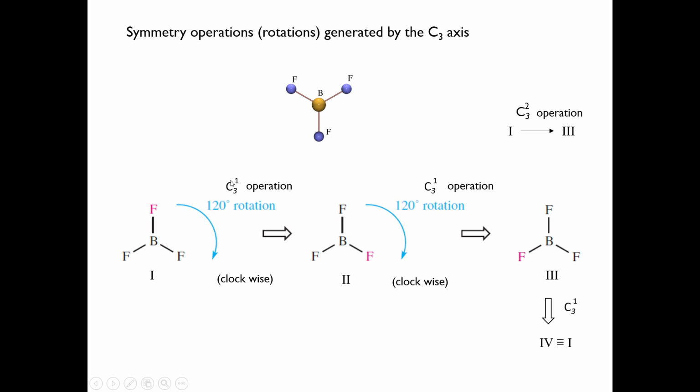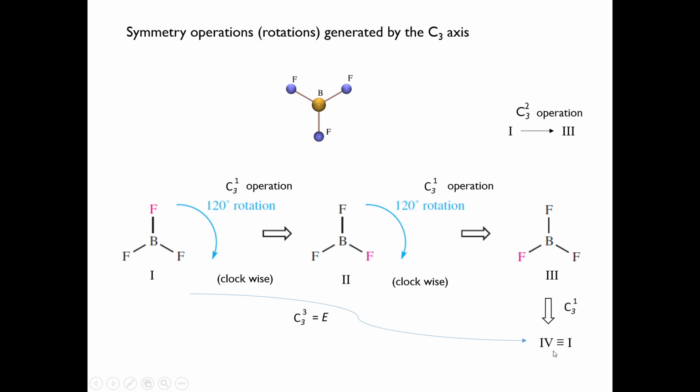So the C3 axis can generate a total of 3 operations: C3^1, C3^2 and C3^3, among which C3^3 is actually equivalent to E. So C3^1 and C3^2 are considered as the operations which are particular to this axis. Because C3^3 is already equal to something else, that is E, we don't consider it as a characteristic of this axis. We will just use C3^1 and C3^2 as the characteristic operations.